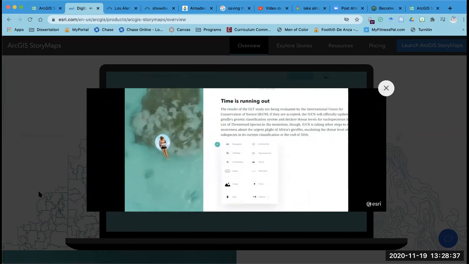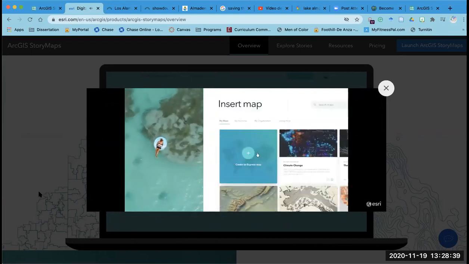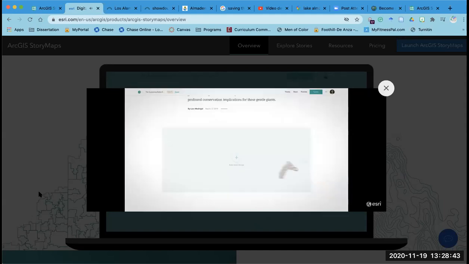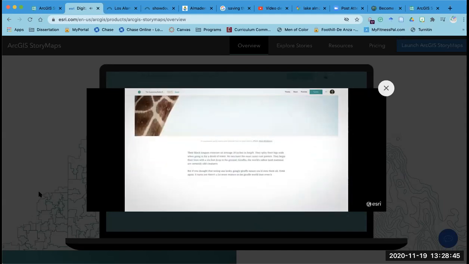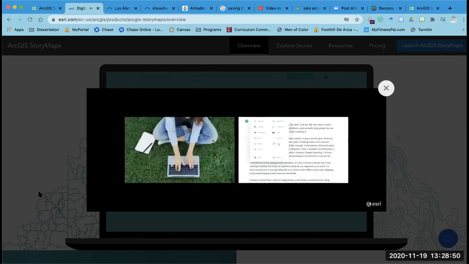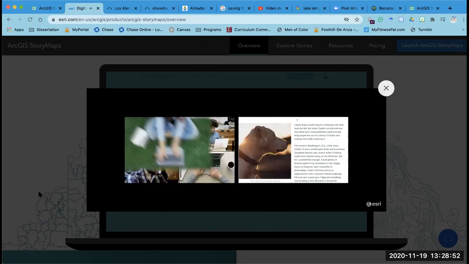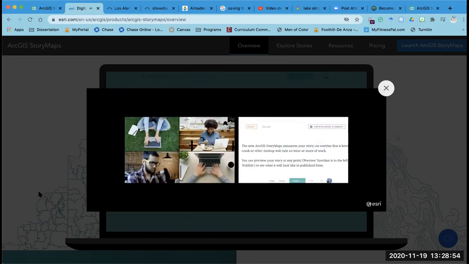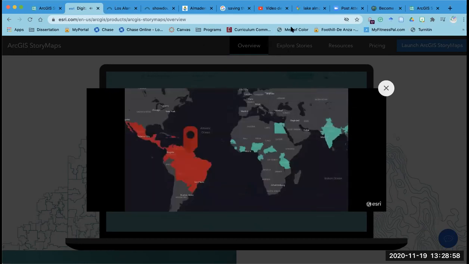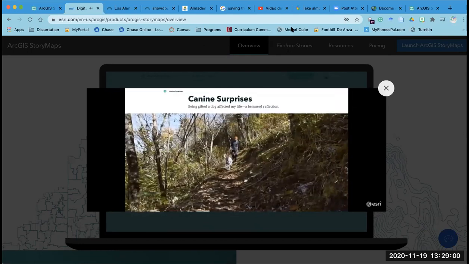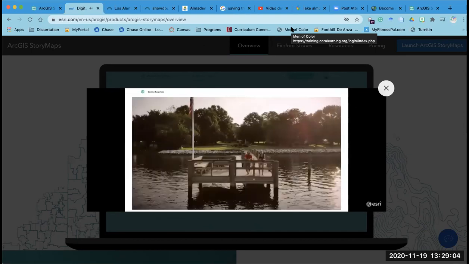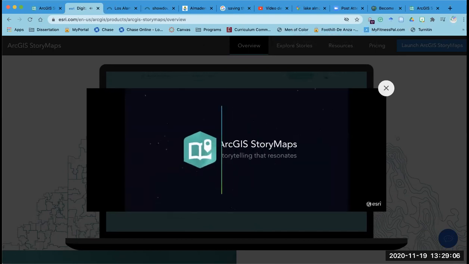You can make a story map in minutes, no matter your digital skill set. You can edit fast or thoroughly customize. You can do it all yourself or work in a team. Share and publish and make your mark on the world. Every story has a place, and every place has a story. Make yours count.